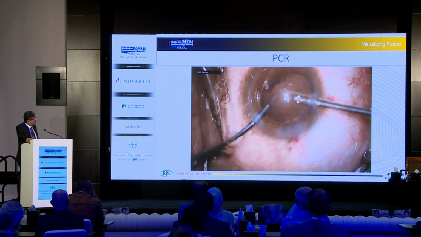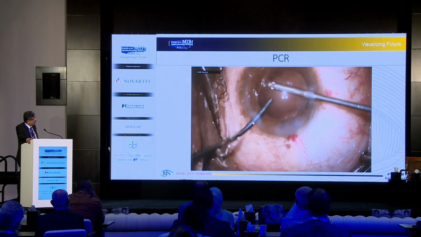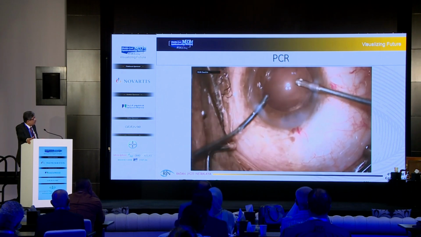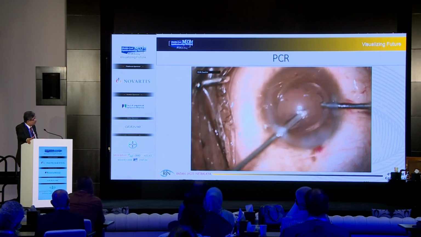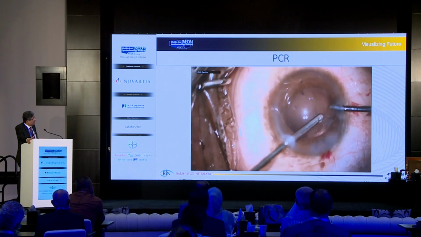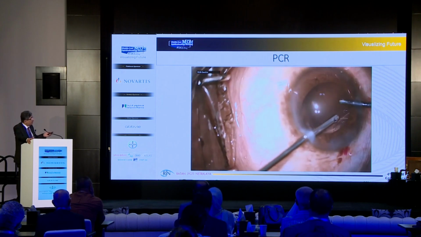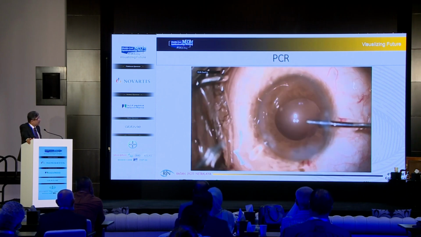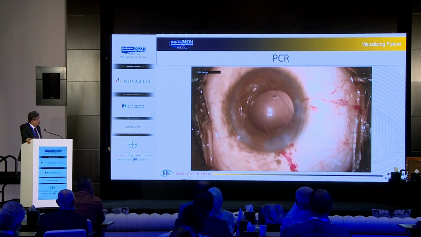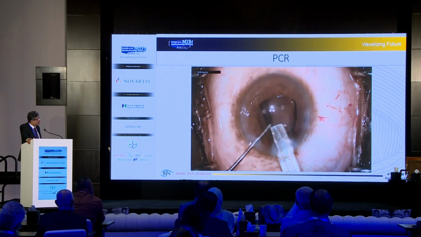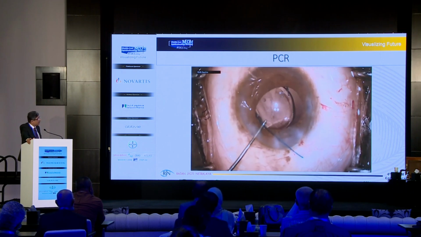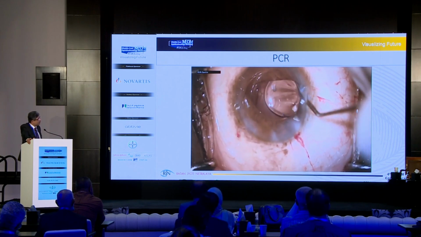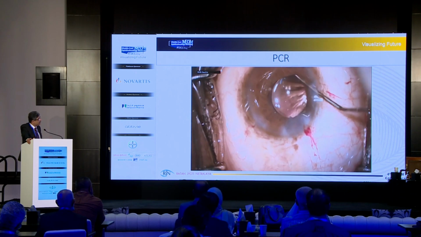Now what we do is, we fill the chamber with viscoelastic, remove the phaco needle, and with the help of a retractor, remove the soft nucleus, soft cortex, and aspirate it with the help of a phaco cutter. So this will cut the vitreous along with the removal of the cortex, in irrigation aspiration mode and cut mode. And then after removing the cortex, you can see very well there is a rent here,